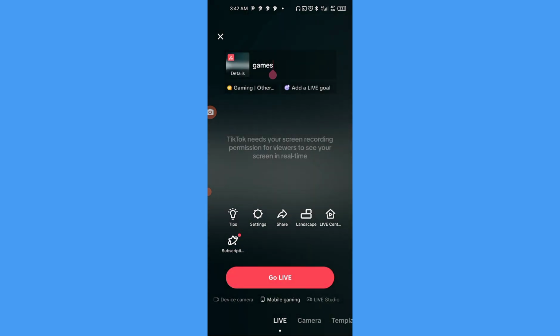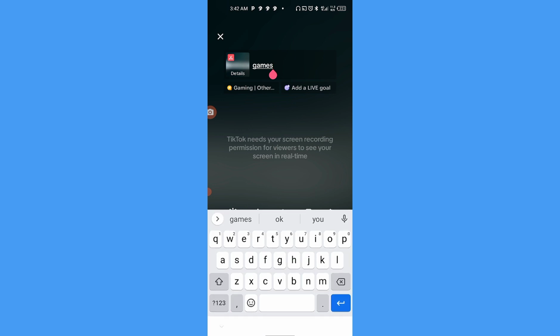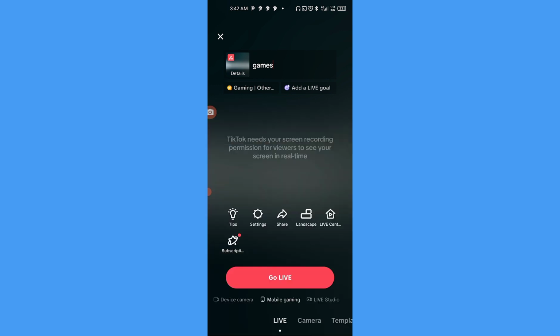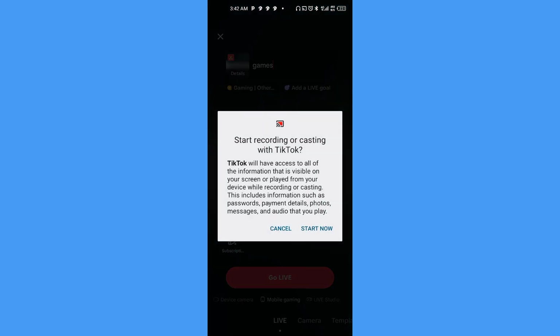Then games. I'm going to leave that detail. I'm still using other games because I don't have other games in my device, but using other games I can play other games that I want to play. Then tap on go live, start now,